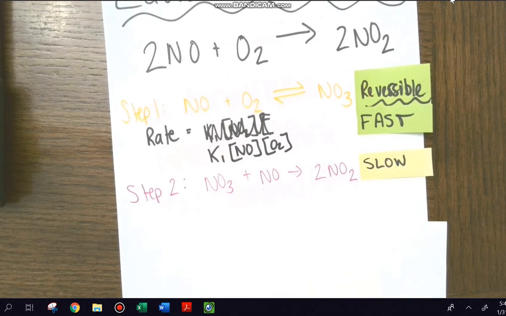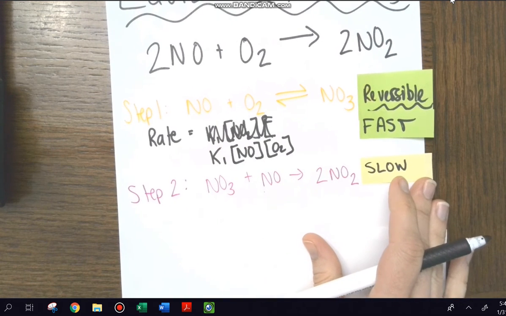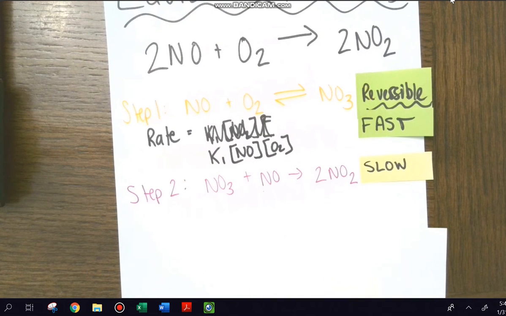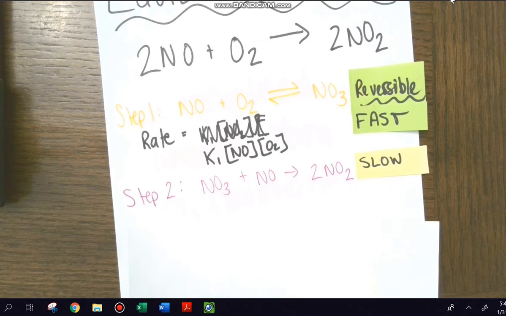There's our step 1, okay? So that is the rate for step 1 right there. Now, it is the forward reaction, okay? So that is the step 1 for the forward reaction. That's why I didn't have it down. All right, and then the rate,